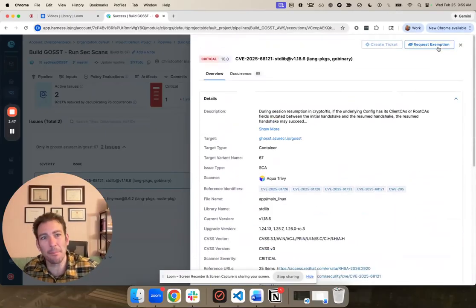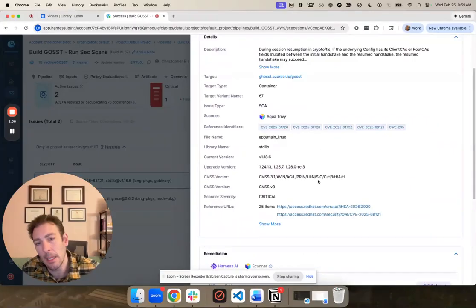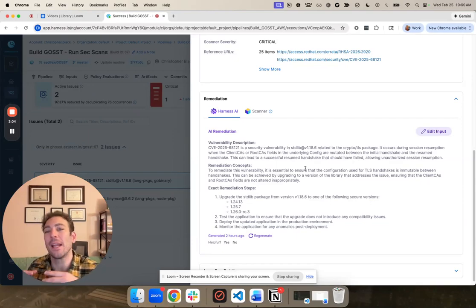And if I go to the top, we certainly have the capabilities to create a ticket. Maybe there's a JIRA associated with this vulnerability or the ability to request an exemption. But the takeaway here, folks, is that Harness AI is dramatically accelerating that developer feedback loop and enriching STO findings